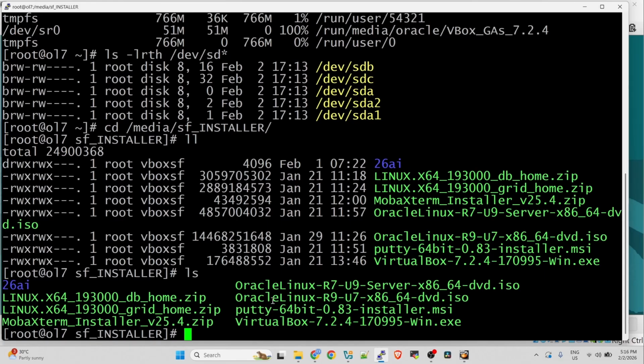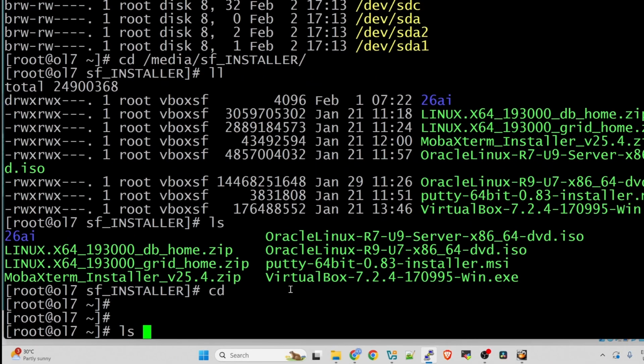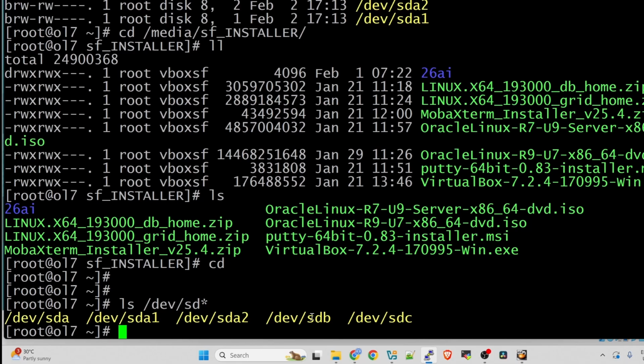So now, the next thing that we can do is format the disks that we added. So again, ls /dev/sd. We are going to format the sdb and then sdc. So fdisk /dev/sdb, let's just copy it.